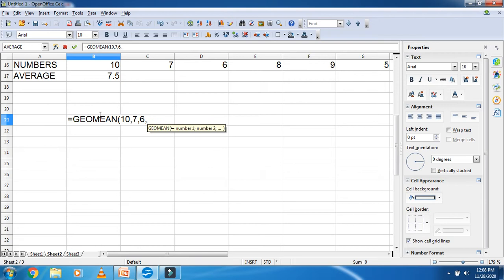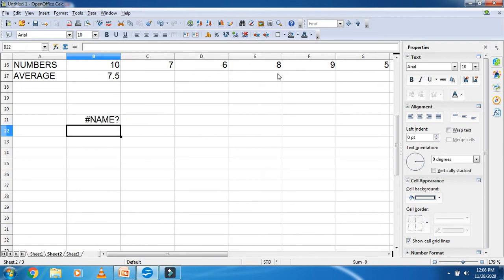For example, I am showing a practical: equal to geomean, bracket open 10, 7, 6, 8, 6, 5 and bracket close. In place of comma you have to use semicolon, right? Okay, I write here 4 numbers only, enter.